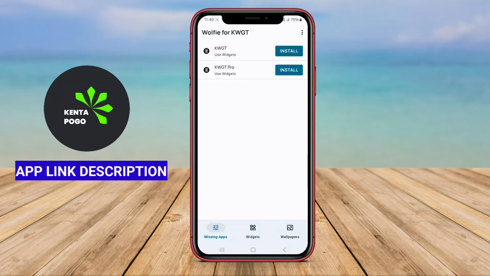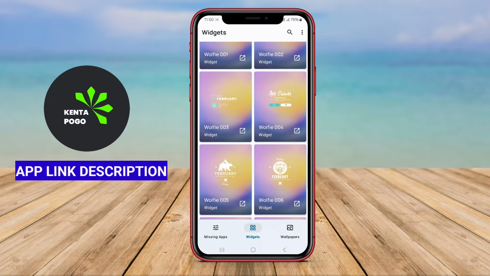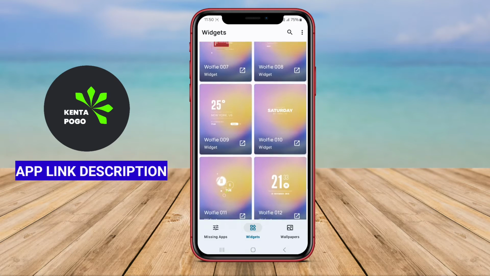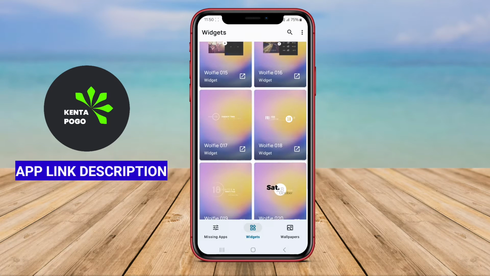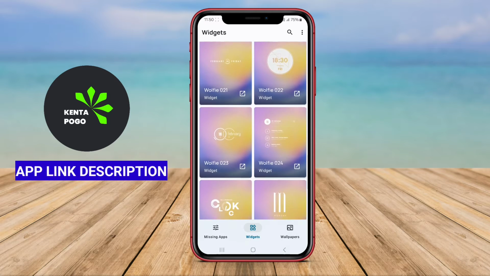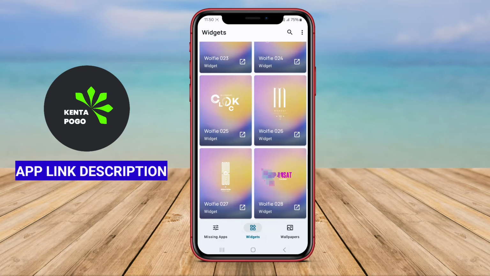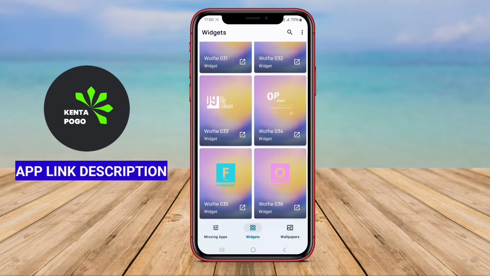Wolfie for KWGT is a high-quality Android application designed specifically for users who want to enhance their home screen customization using the KWGT Custom Widget Maker framework. This app offers a curated collection of beautifully crafted widgets that feature modern designs and various functionalities, allowing users to personalize their devices extensively. With Wolfie for KWGT, users can easily access a variety of widget templates that display essential